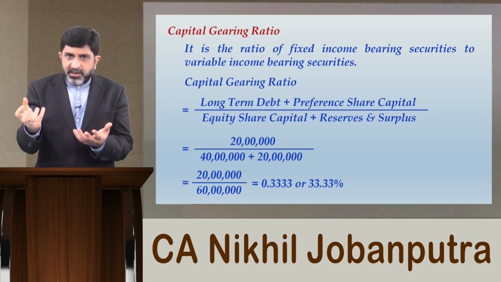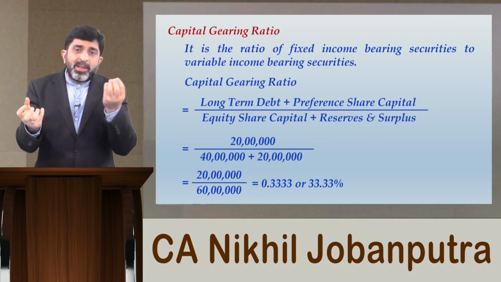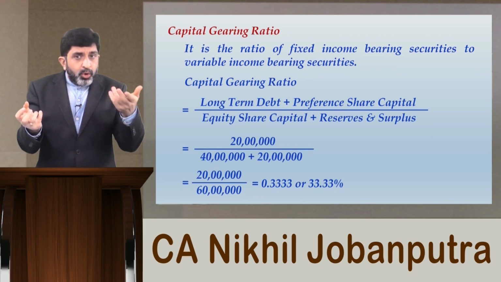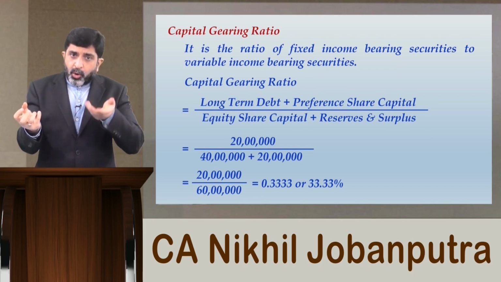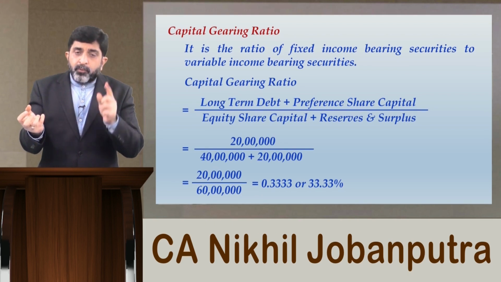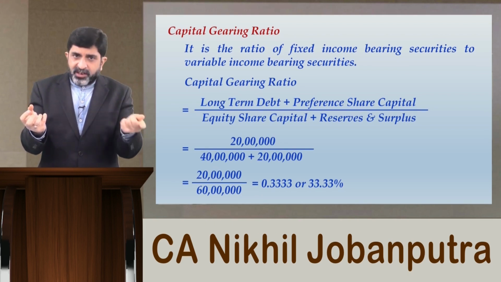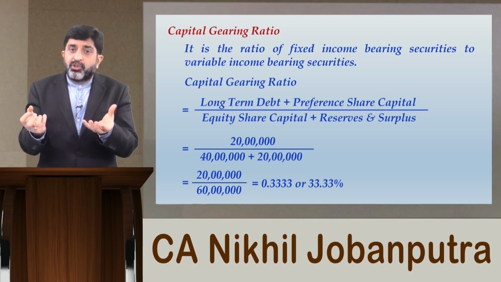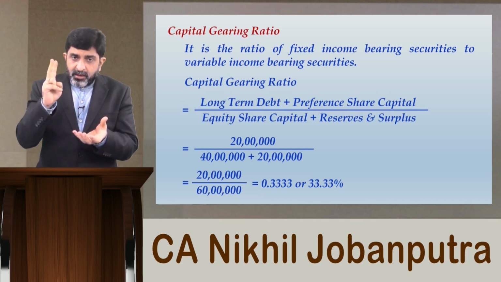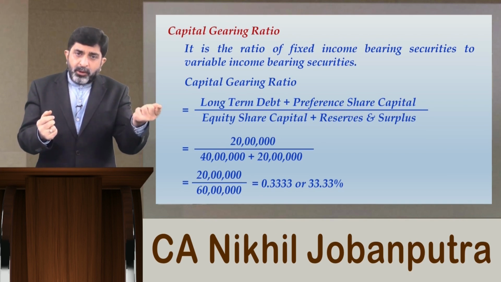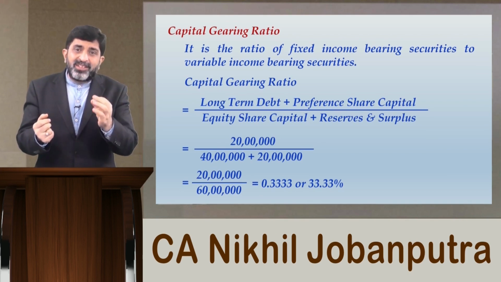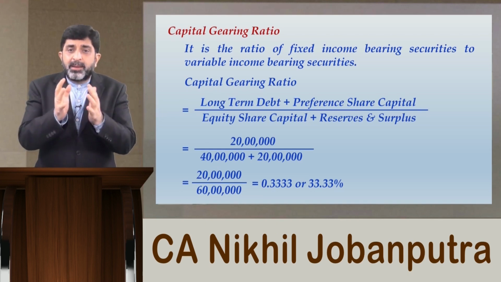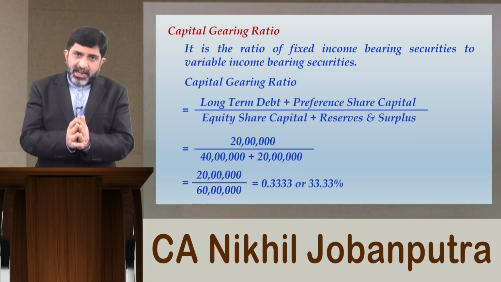Suppose it is 20% and the borrowings are available at just 10%. Then what can you do? You can actually benefit from those borrowings, because when you borrow that money with a 10% commitment towards interest, if you have borrowed 1 crore rupees, you will be able to generate 20 lakhs out of that. But what you have to pay to the lender is just 10% interest. So you pay off 10 lakhs and what remains in your hand is a surplus of 10 lakhs.